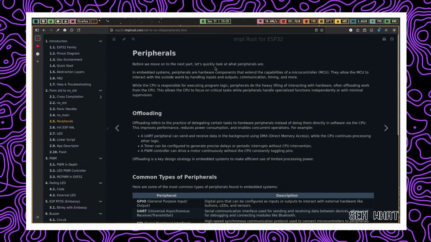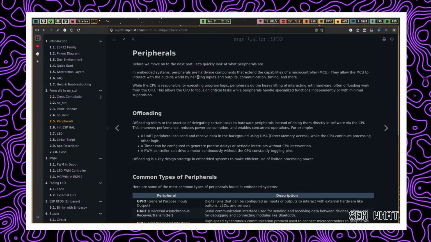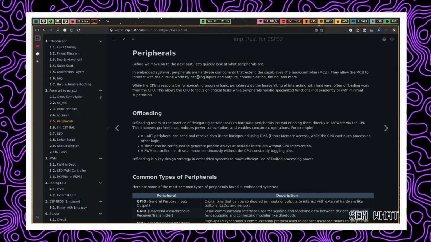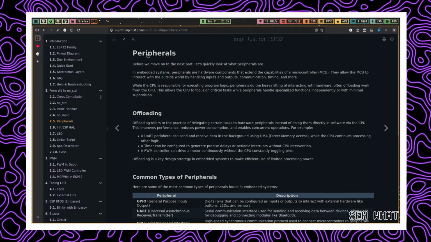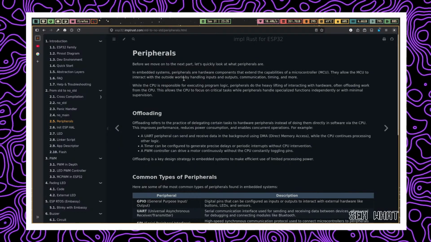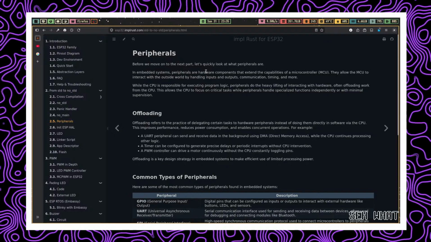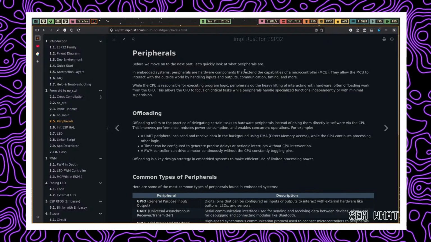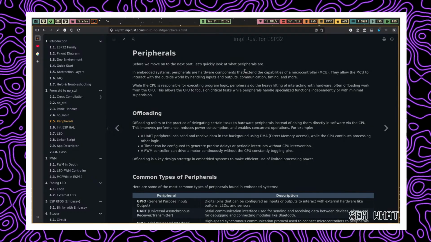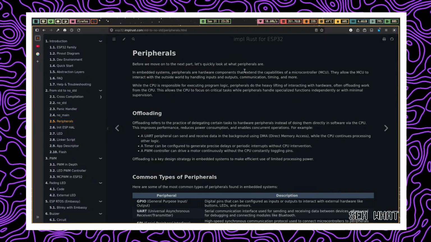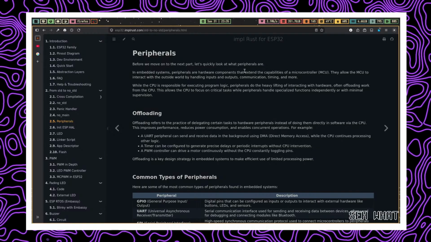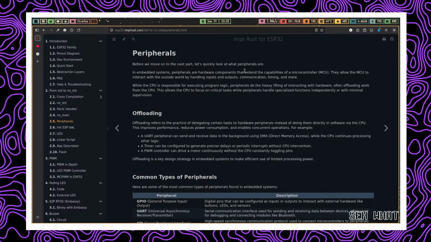Before we move to the next part, let's quickly look at the peripherals. In embedded systems, peripherals are hardware components that extend the capability of a microcontroller. They allow the MCU to interact with the outside world by handling important